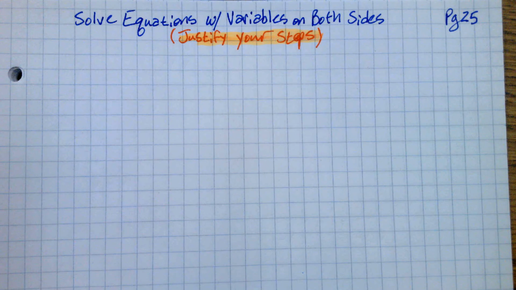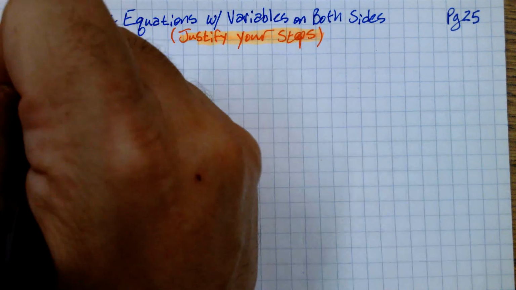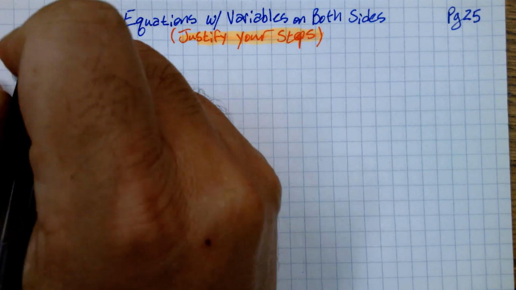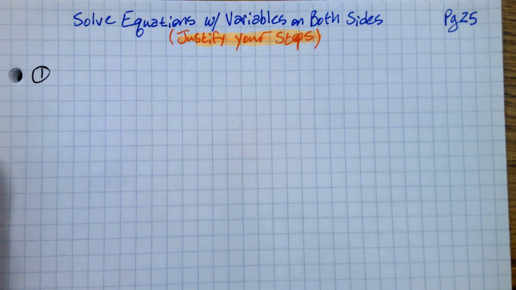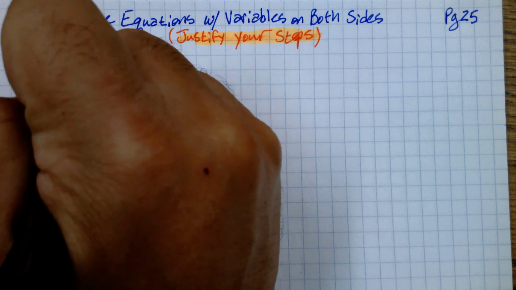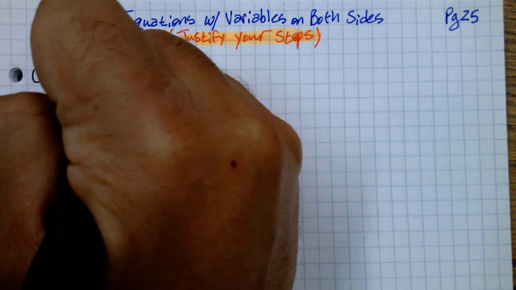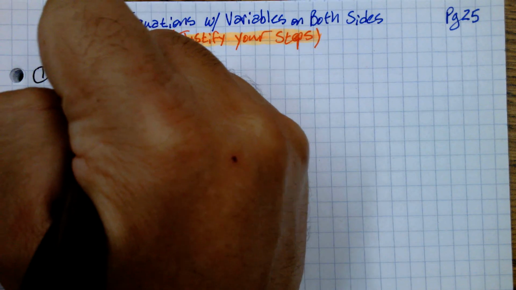Okay, so let's begin. We're only going to do 2 examples, by the way. So let's start with the first example, number 1. So write this down, 3 parentheses 8x plus 1